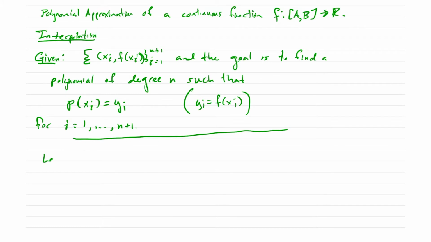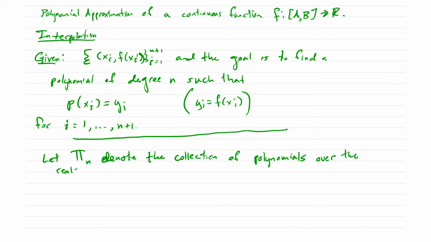We're going to let big pi of n denote the collection of polynomials over the reals with degree at most n. Okay. Now a theorem,